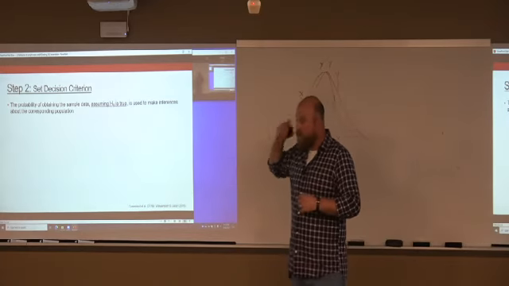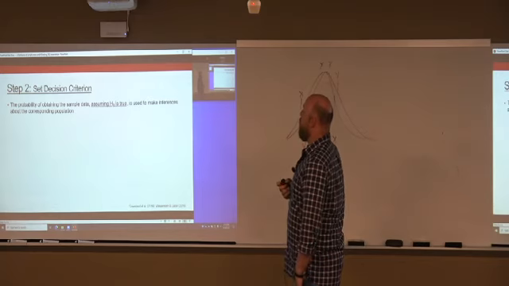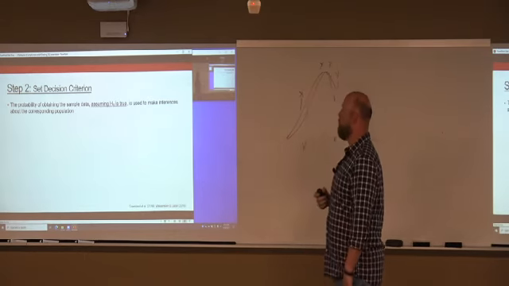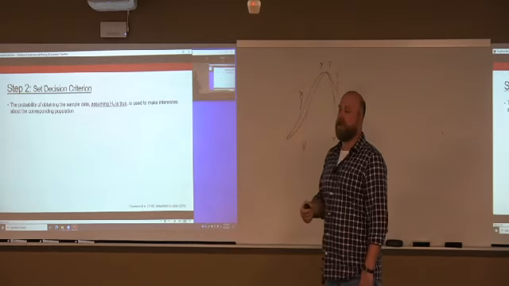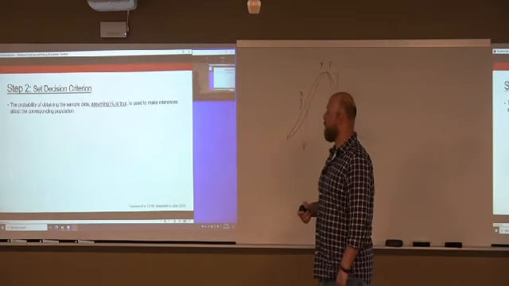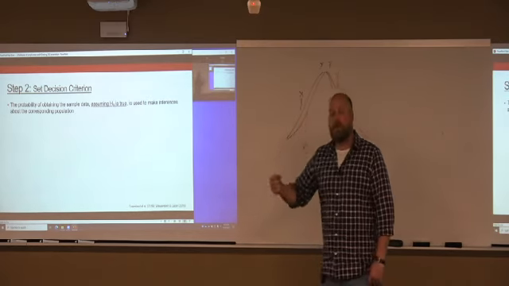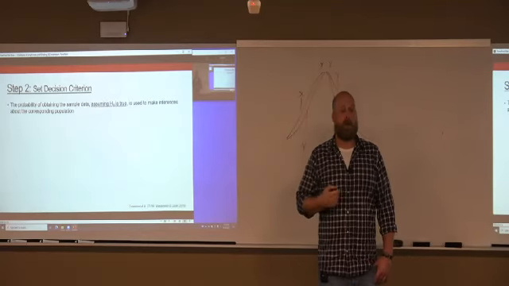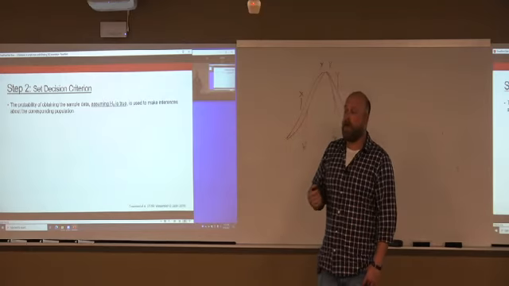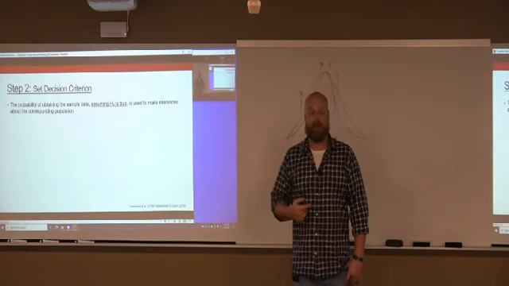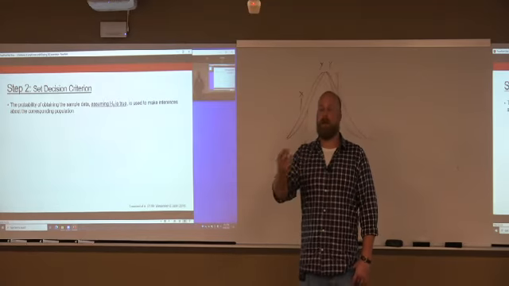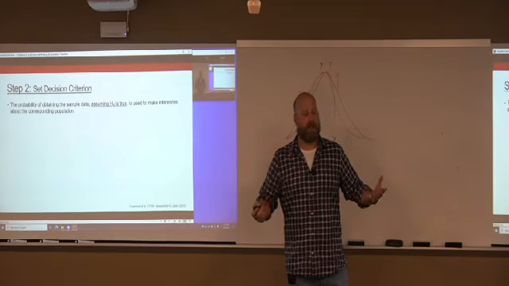Step 2, we're going to set our decision criterion here, okay? What we want to do is use our statistical methods to find the probability of obtaining sample data with whatever characteristic we see, assuming that the null hypothesis is true. And we're going to use that probability to start making inferences about my corresponding population, okay? So assuming that older adults taking supplements have an average cognitive functioning score of 80, what's the likelihood of me getting a sample with these characteristics,